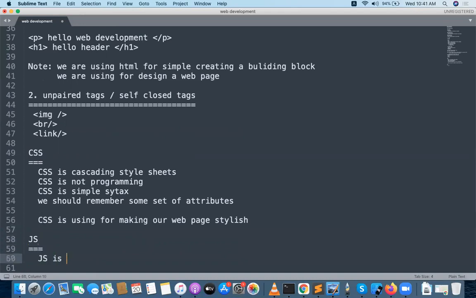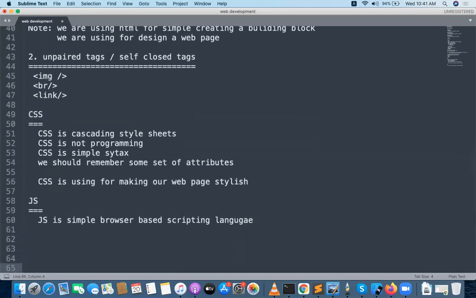JavaScript is a simple, browser based scripting language. So we are actually coming to programming now, but this programming is also not complicated. JS is a simple browser based scripting language.